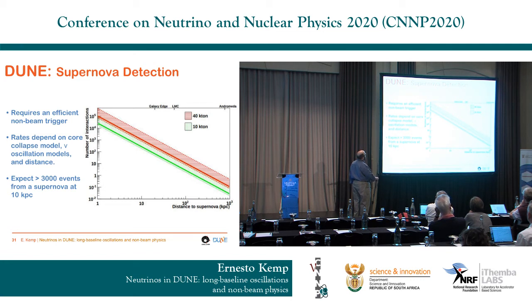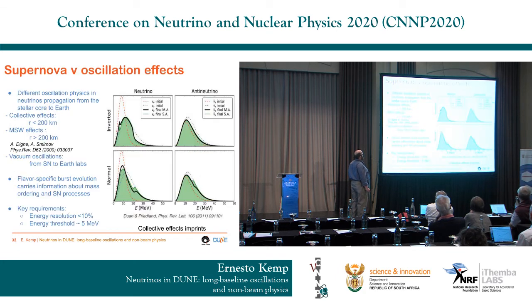So this is the galaxy edge, this is the Large Magellanic Cloud, and this is the Andromeda galaxy. And you can see that the green band is just for the first module, and the red band is for the complete detector. And we expect thousands of events at the representative distance, which is quite good statistics if you remember that we had only 20 events in the first supernova observation. So the study of features of neutrino spectra in principle should be a very nice feature of DUNE.